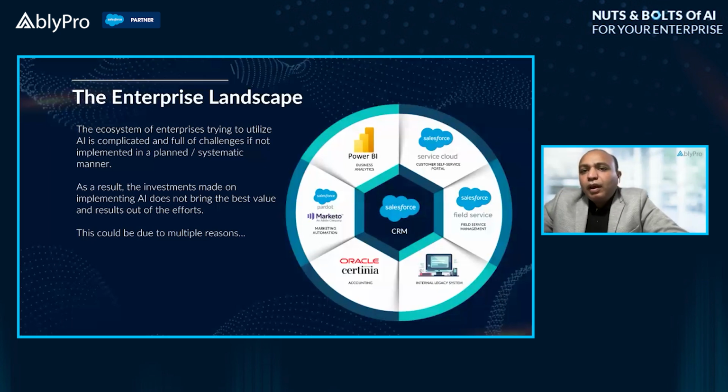And most of the times enterprises, as we got with the results, right? There were like 27% people who said they don't know how to start. So we need to understand how you can actually implement AI, what are the factors that you should consider, and what is the best way of moving forward with AI. And let's try to simplify it through a story so that you understand it better and you are able to relate.